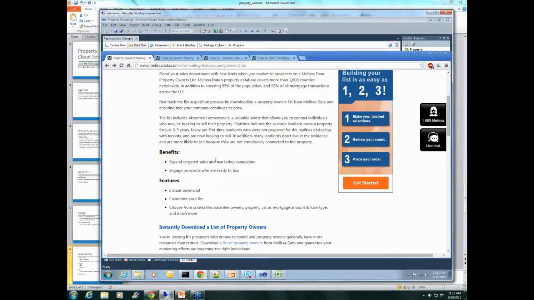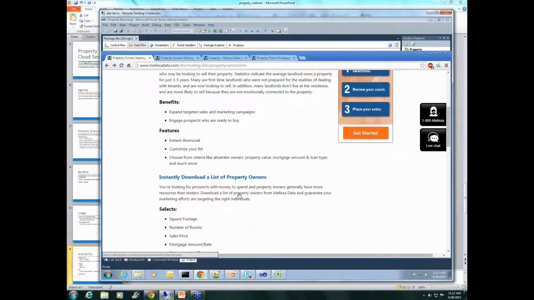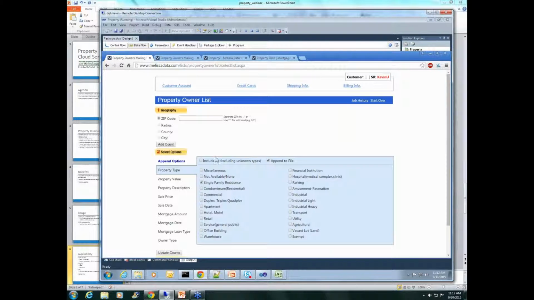Basically, it'll take you to this page. And then if you have an account with us, you just log in, and it'll take you to this page down here. So you'll see this page. You create a list of properties. Basically, you specify a zip code, for example,